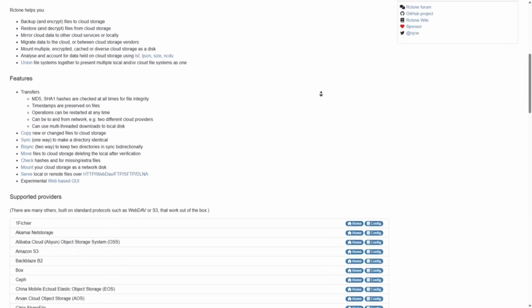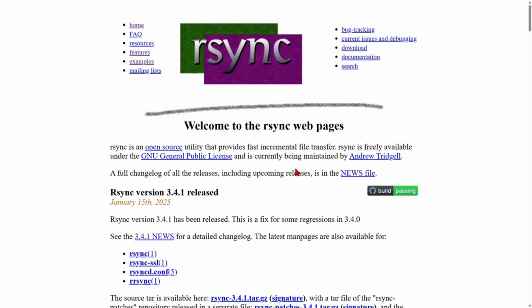This is best for users who need to sync or back up to the cloud with full control and flexibility. Okay, so next we have Rsync, a classic Unix tool for local and remote file sync